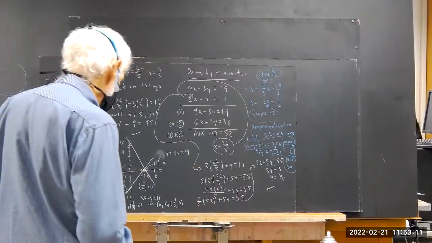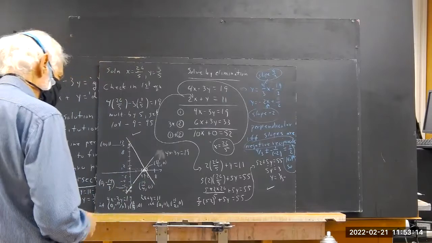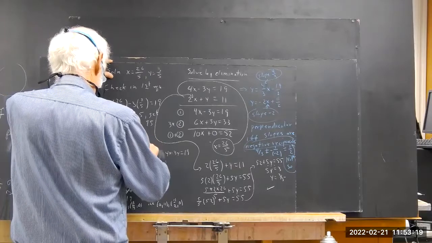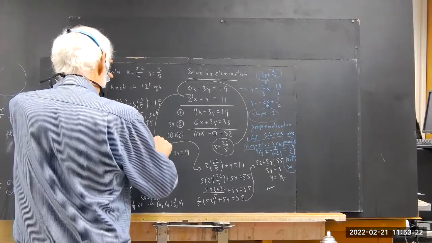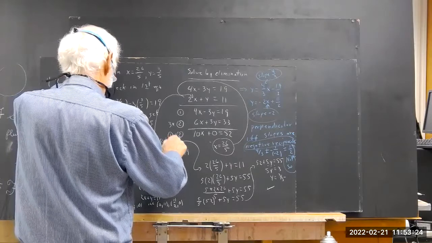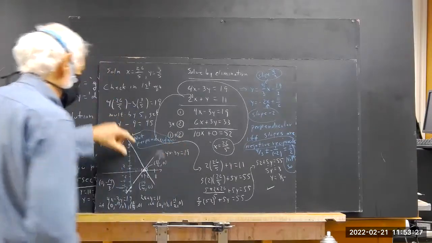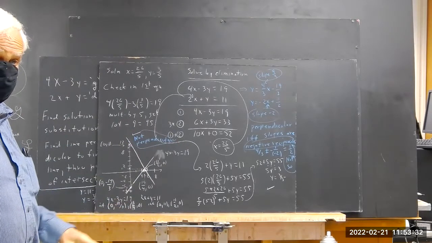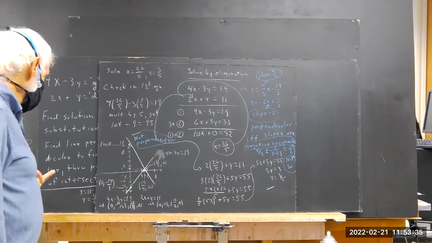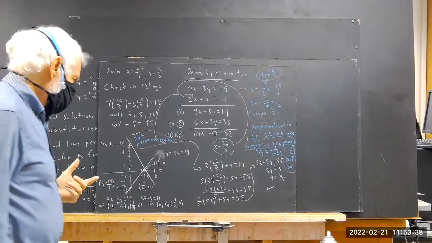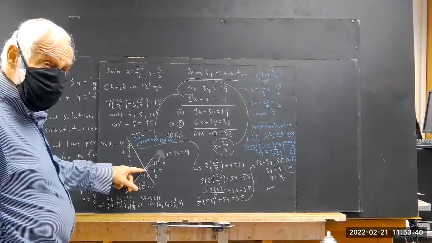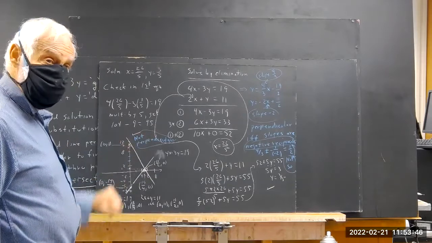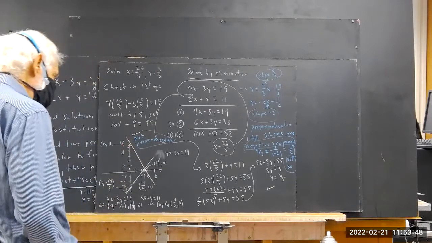Okay, so these are not perpendicular. They don't have negative reciprocal slopes. Okay, so now we want a line through the point of intersection, perpendicular to the first line. Now, which one's the first? Let's say first one's this one, right? Okay, so